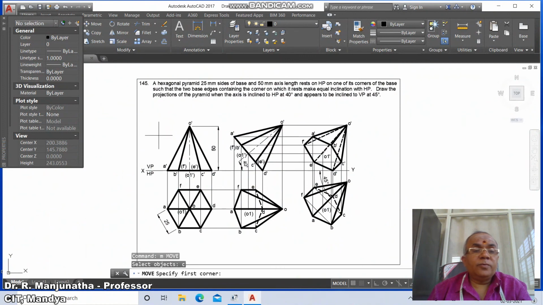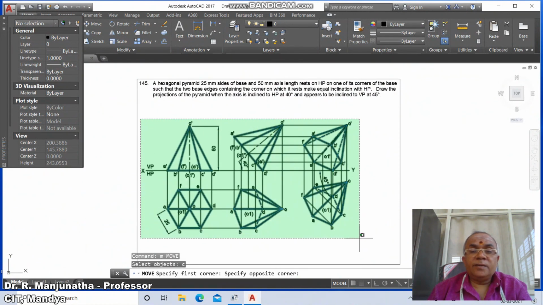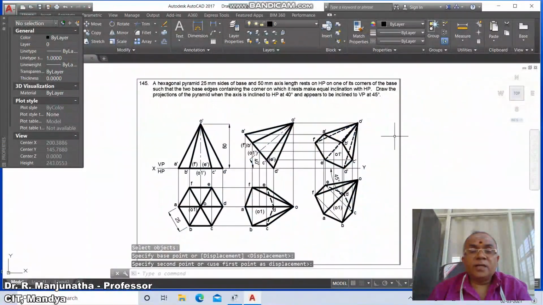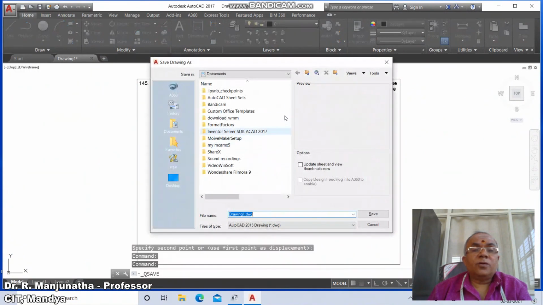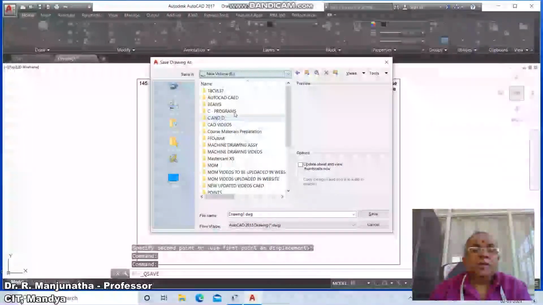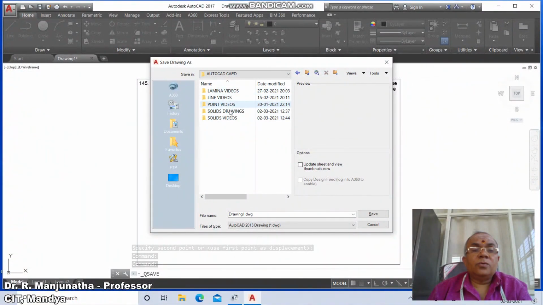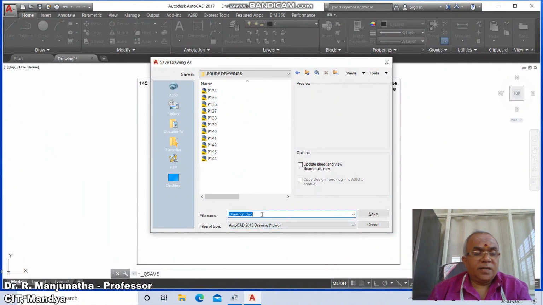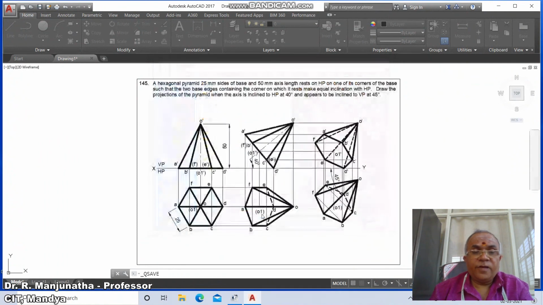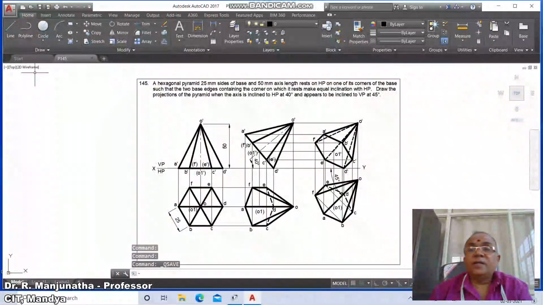So this is how you will be able to create the drawing and move the entire thing, and then go to save, click on the appropriate drive, go to AutoCAD, go to solids drawings, and type P145 and save it, and finally you will go to